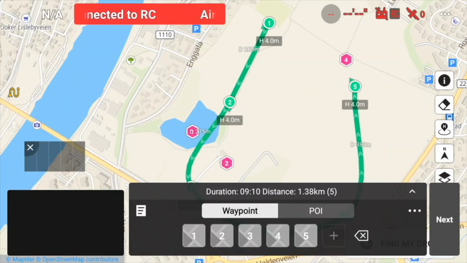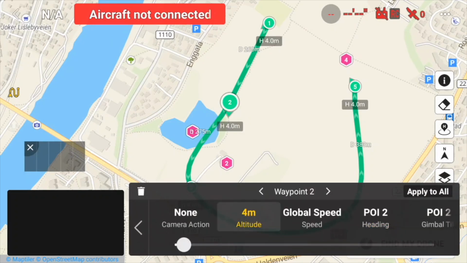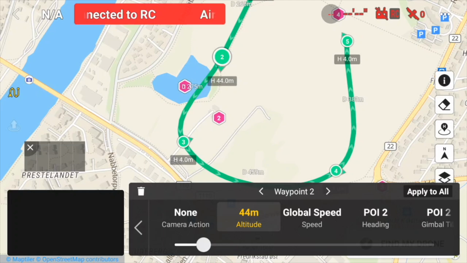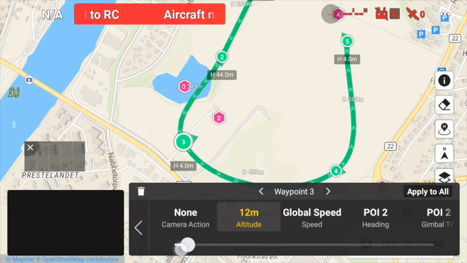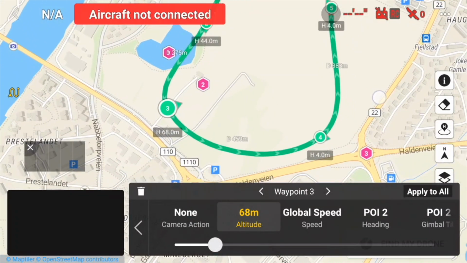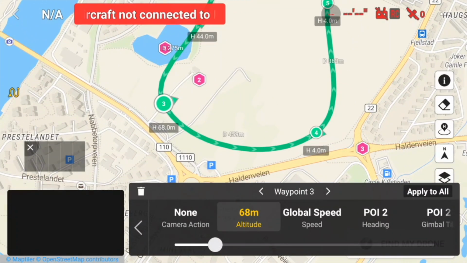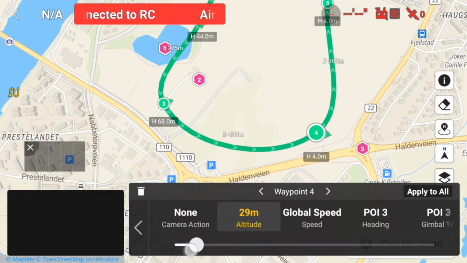So we choose the waypoint number 2, altitude 44 meters, and for number 3 maybe 68, and then maybe on number 4 again we will let it go down to 22 meters.